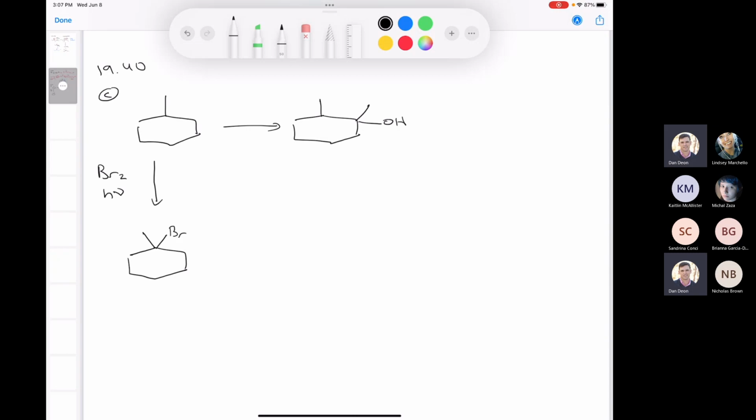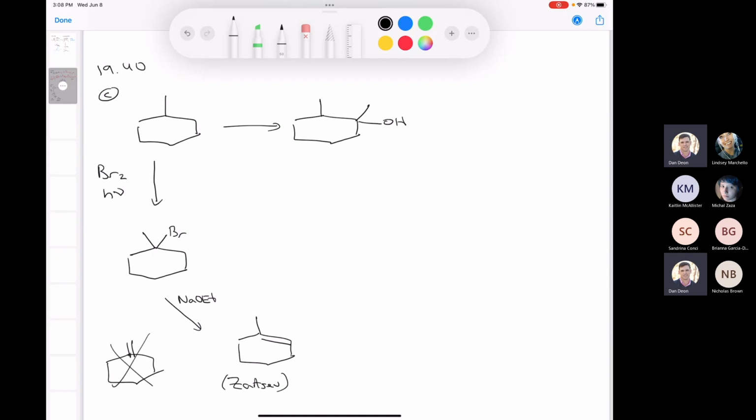And then if we treat that with a non-hindered base, that's going to give us the Zaitsev product. So we'll treat that with a base like sodium ethoxide or sodium methoxide. It doesn't matter. And then we're going to get the E2 product, namely the Zaitsev product. So this is our Zaitsev alkene, as opposed to the Hoffman, which would be this one. We don't want